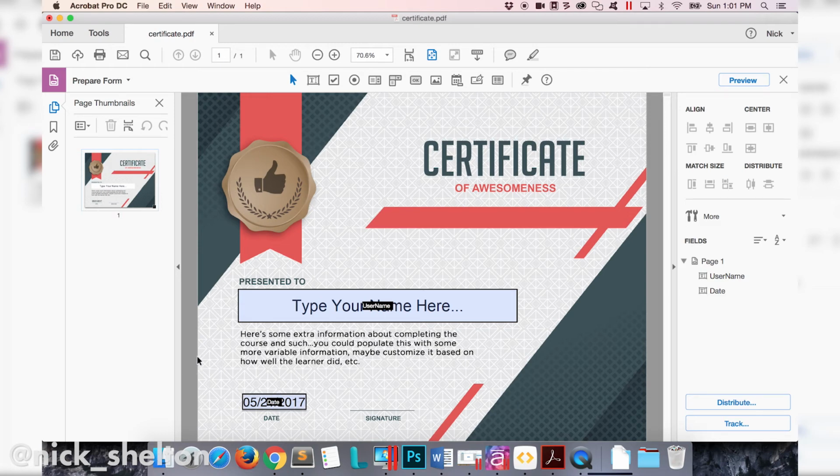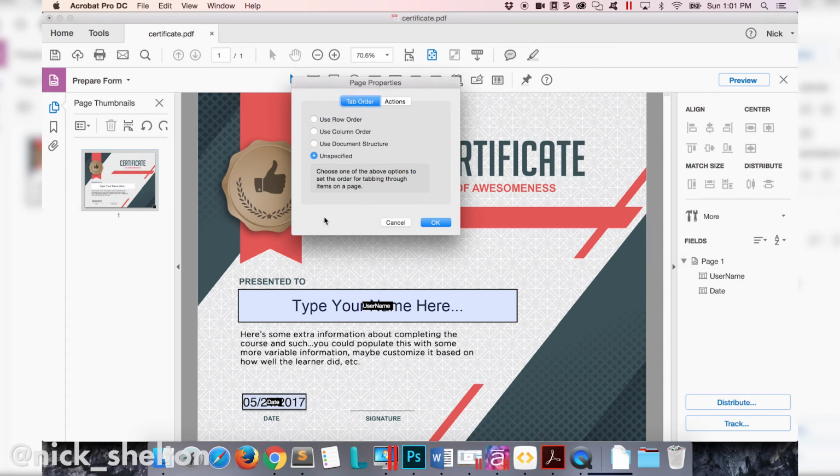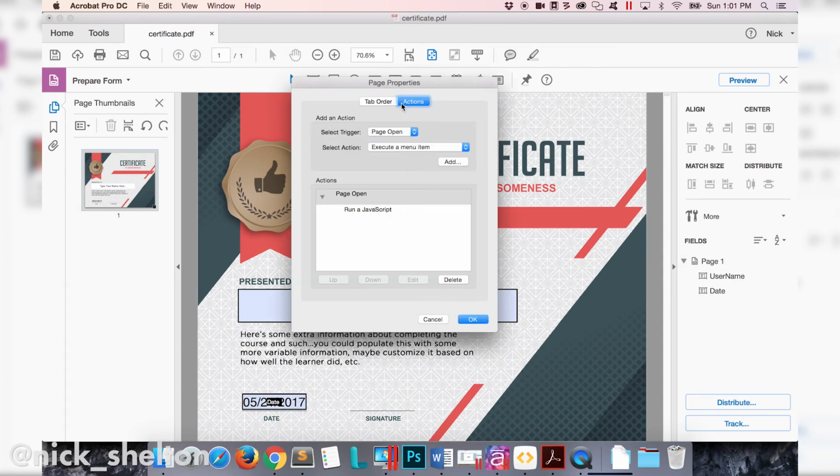So what we want to do, let's do a Storyline interaction. When the PDF opens, I want to update the date field with today's date. Now, in order to action when a PDF page opens, I right-click the page thumbnail and I go to Page Properties. That opens a dialog box which has actions, the very default page open action, and then I want to